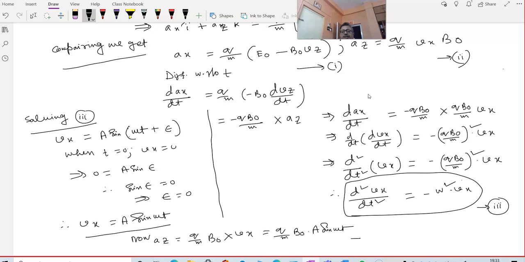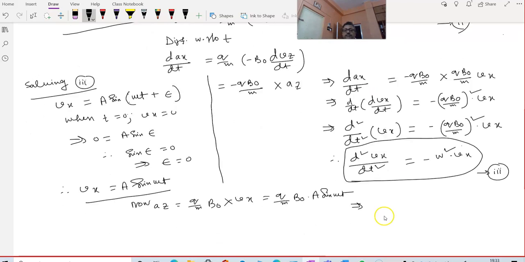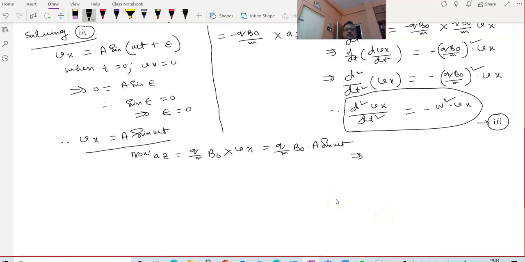So this implies that Az is what? Az means acceleration along z axis. You can write this as dVz by dt. Okay. So if we integrate both sides,